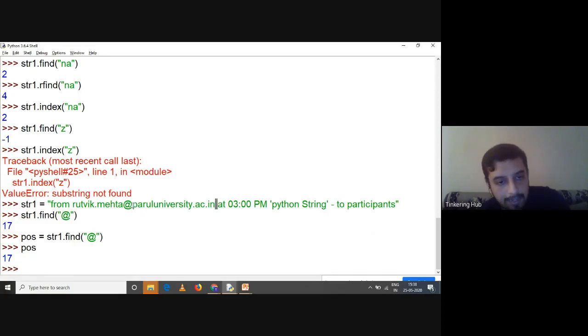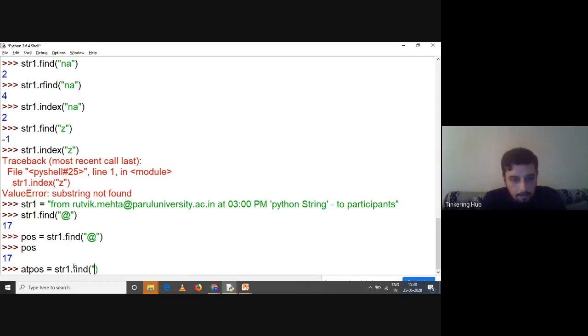So I have to extract the letters which are present between @ and the space after @. Yes or no? Understand this. So how will I do that? So again, I'll say @post is equal to str1 dot find, very specific.